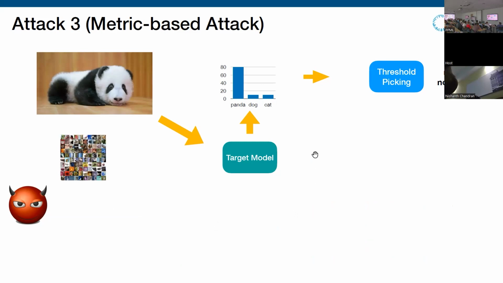So the third attack nowadays is called metric-based attack. For the third attack, you don't have the shadow data set or shadow model anymore. You have the sample, you throw it into the target model, and you have the posteriors. From the posterior, for example, that time the student only wanted to try the highest posterior. They set up a threshold, let's say 70, and if it's higher than 70, okay, you are a member. Because it's simply using the overfitting behavior of the model.